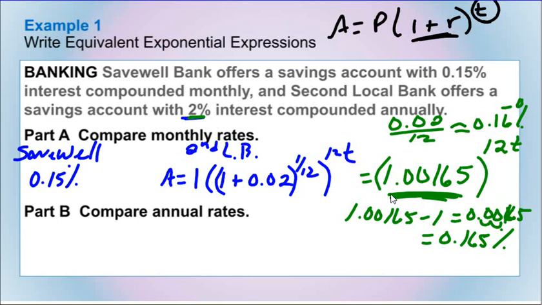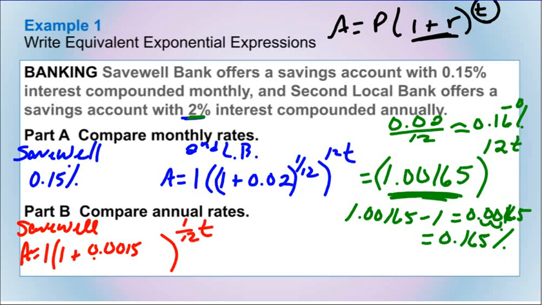Now if we're going to compare the annual rates here, so the one time a year, Savewell we need to convert. And Savewell was 0.15%. That was monthly. So if I have A equaling 1 times 1 plus the rate, this would be 0.0015. This was monthly, so I need to have it as